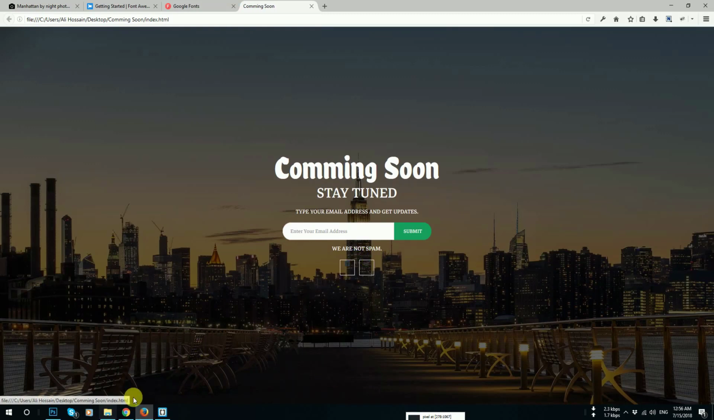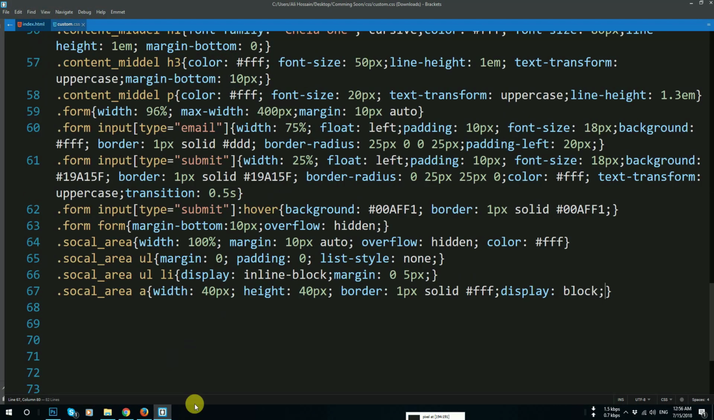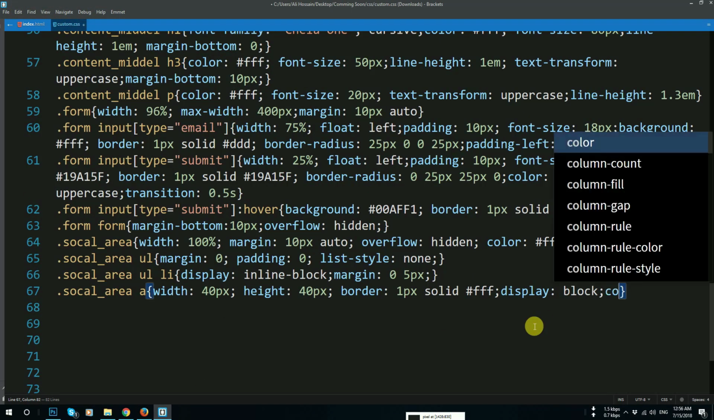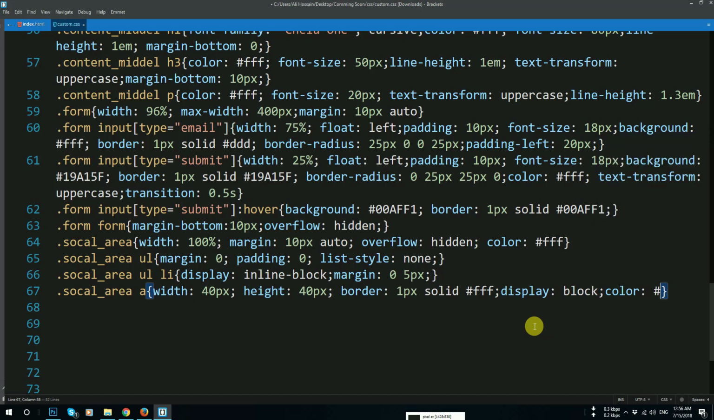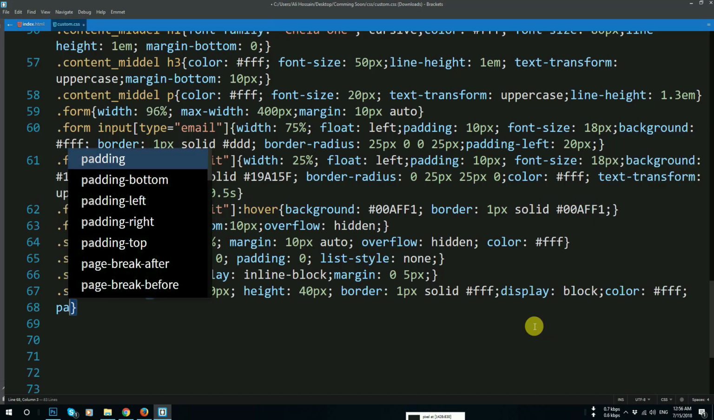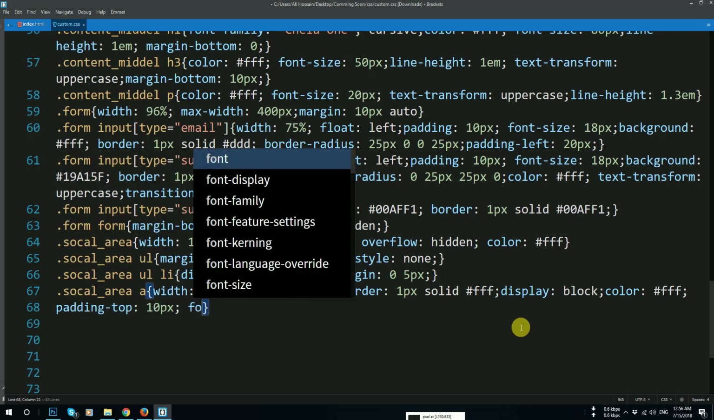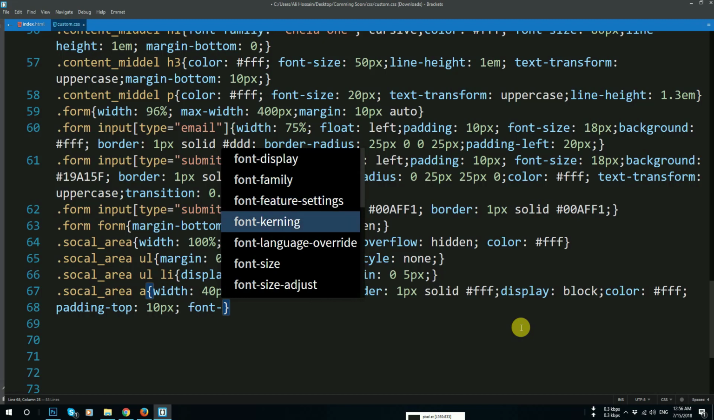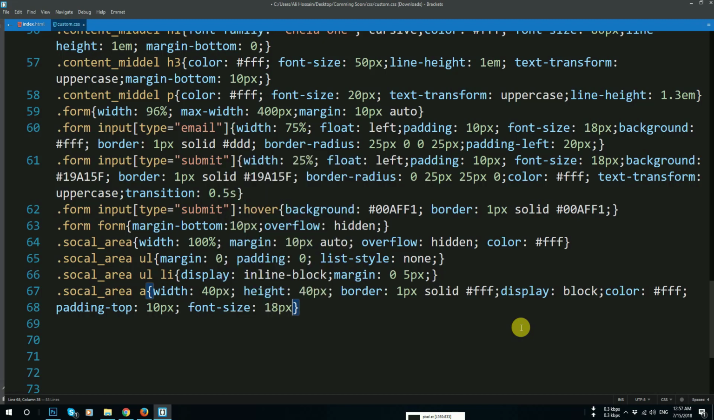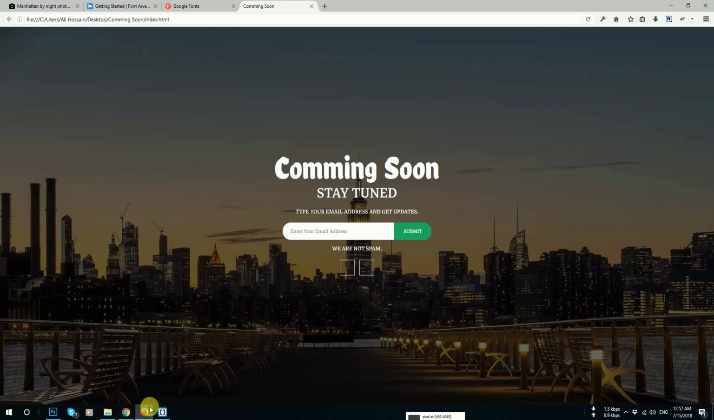And now I need to fix the color issue, so I will come here and use color white, and padding top 10 pixel, font size 18 pixel. Now if I refresh, you can see they look like that. Okay, okay. Now